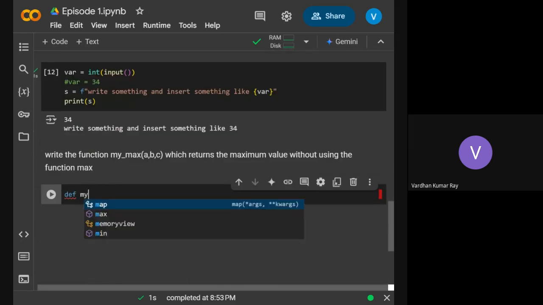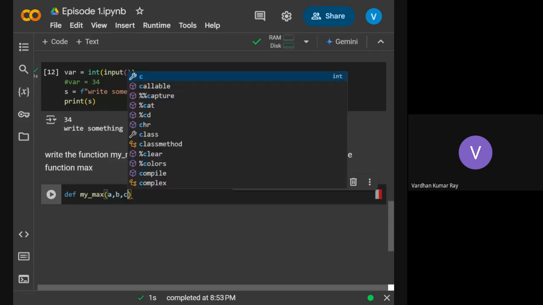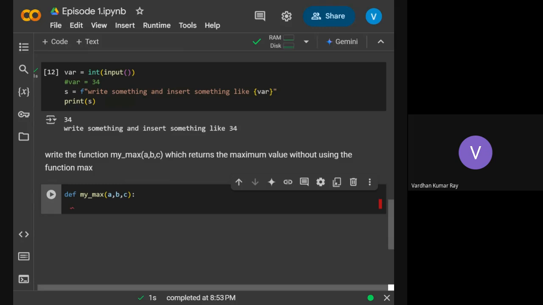I am defining a function using def my max a comma b comma c. Def means definition. Now I have to compare: if a is greater than b and a is greater than c, what is the maximum? A, right?